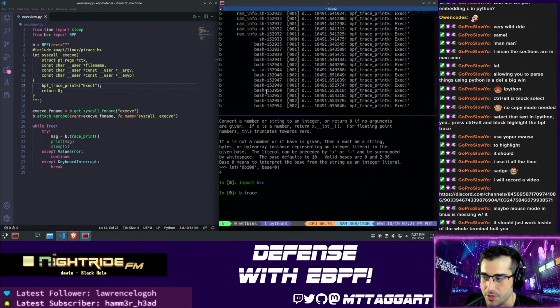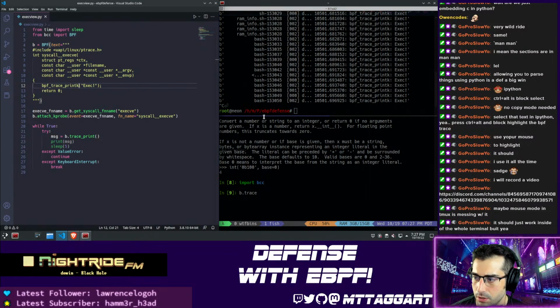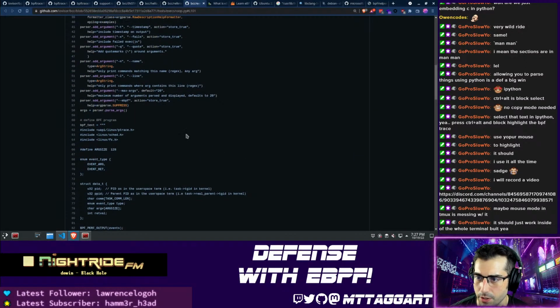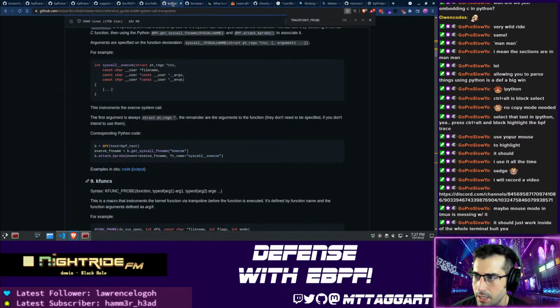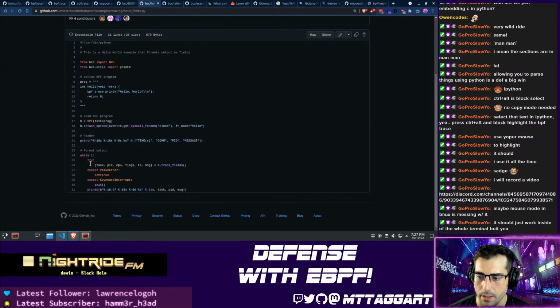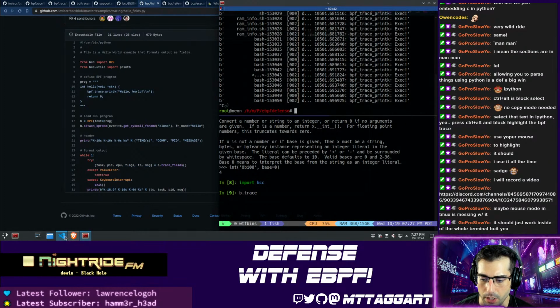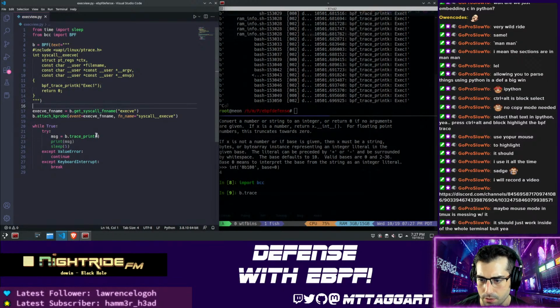Now, some interesting stuff going on here. Notice that I actually get the command for free, right? I get all sorts of stuff. So we actually saw this before in our hello fields, right? If we use the trace fields, we get the task, the PID, the CPU flags, the timestamp. For free too if we get the trace fields. So if we do this,